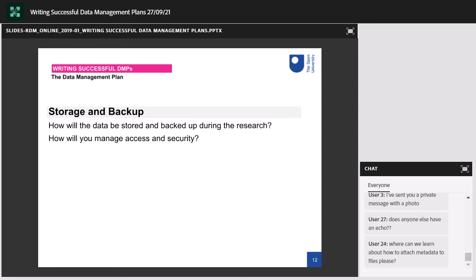You need to consider whether there are any legal issues regarding data transfer overseas. Generally this will be data protection, and thinking about whether transferring UK data to other countries, or transferring personal data from other countries to the UK, is compliant with data protection law, not only in the UK, but also in the country where your collaborators or your participants reside. So have a look at the data protection legislation, and of course contact the university's data protection team for advice,